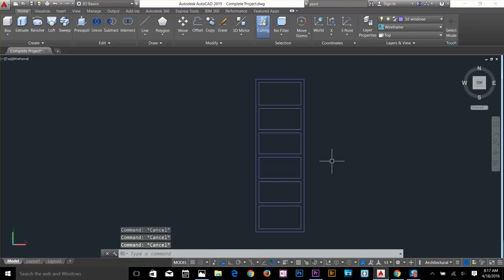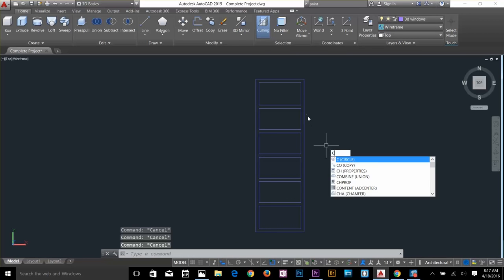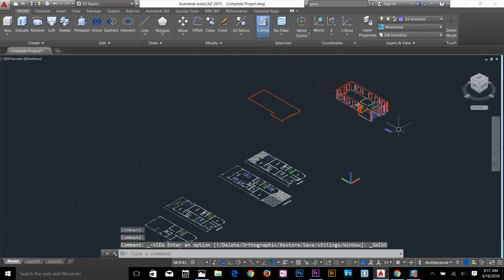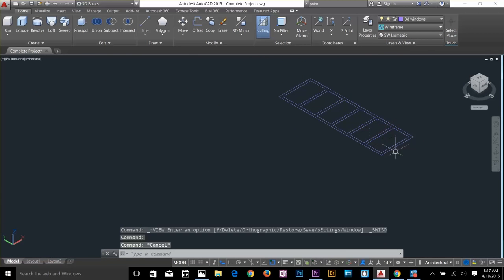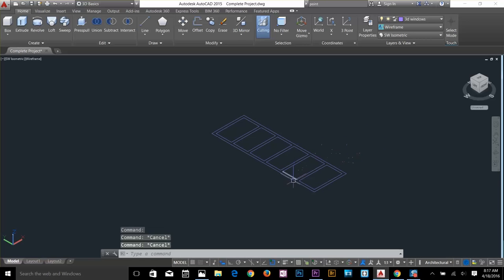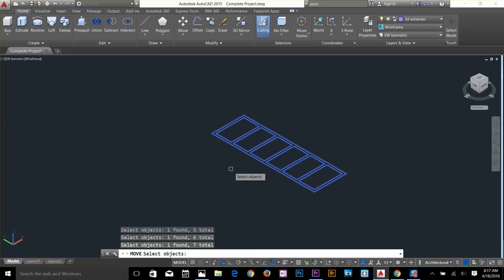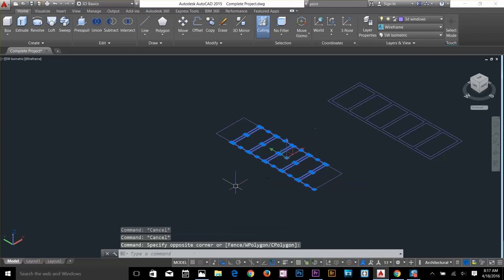Got that. Alright, so now what I'm going to do, I'm going to use my boundary command. First go to your SW isometric view, and as you can see, these are the separated objects. So what I'm going to do, I'm going to use a boundary command, pick points, click on each rectangle, and now I'm going to move this. Alright, so I'm going to move this here. I'll get rid of these,